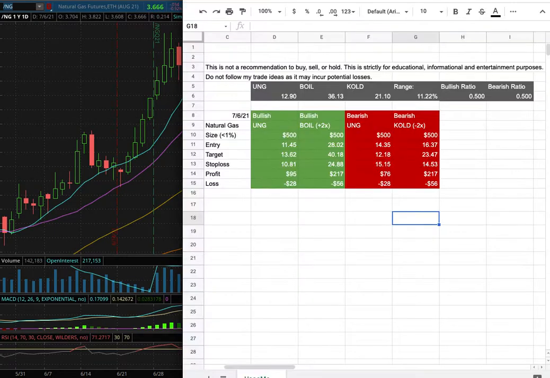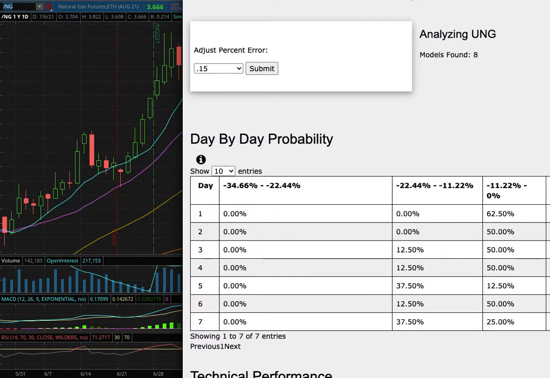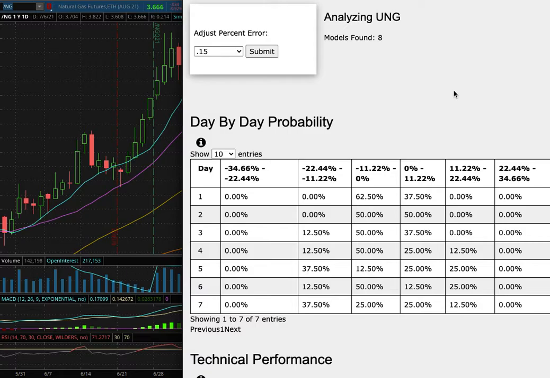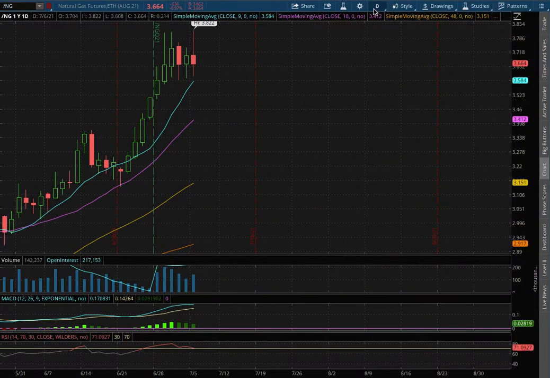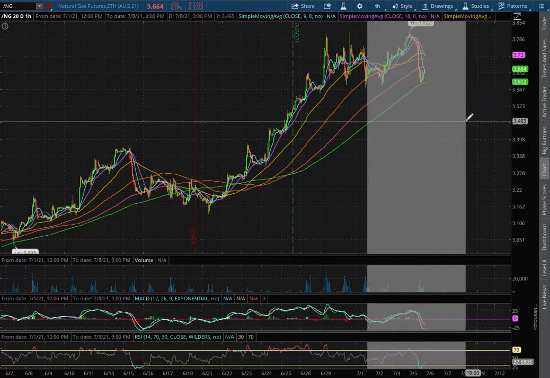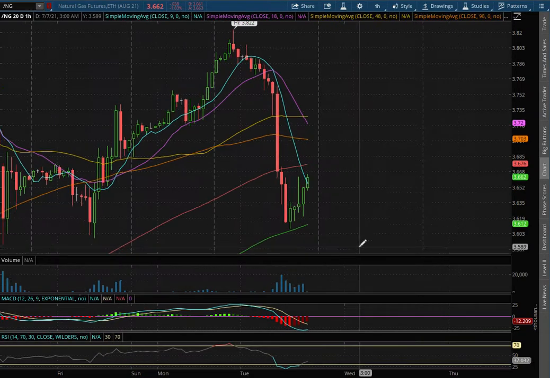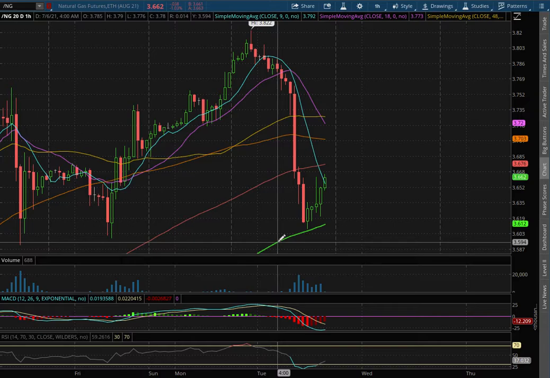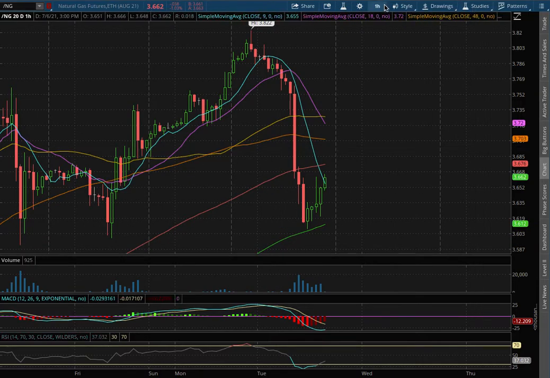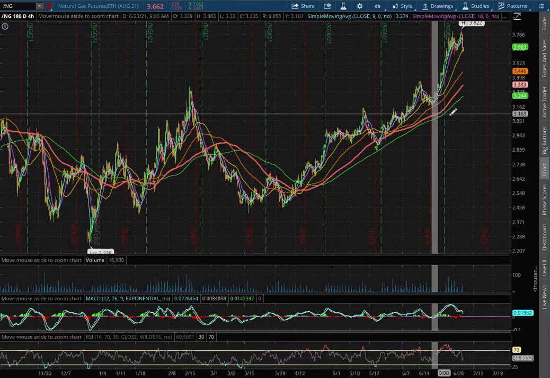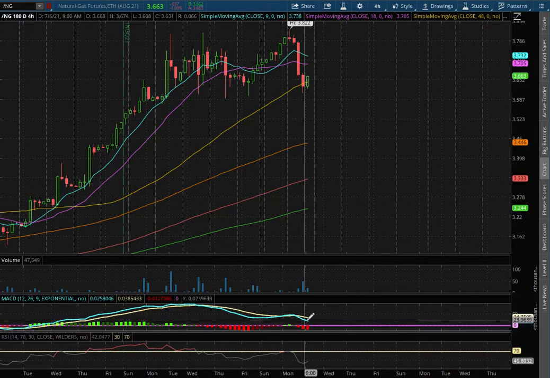Natural gas. In this video, we'll be going over my trade idea of the week and the day-by-day probability model. So let's start off with the technical analysis on the 1 hour chart. We are in NYMEX territory. We're slightly off of oversold levels with the RSI. We have yet to test the 200 moving average, this green line at a price of $3.61. With the 4 hour chart, we remain in positive MACD but appears to be approaching negative MACD territory.